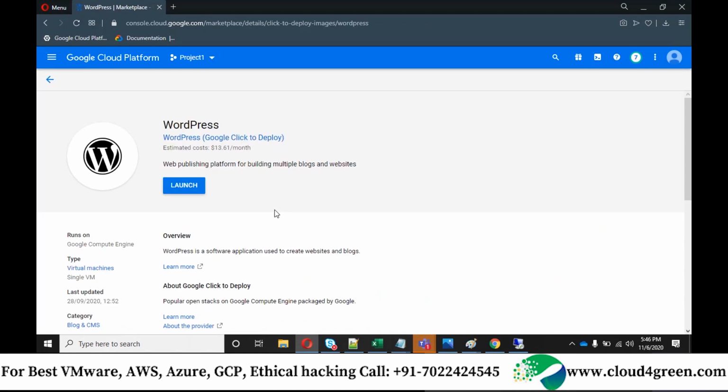I'll show you now and then you can do it, and it will show you Google click to deploy. This will be charged about $14 per month, where a single machine would be deployed, and within that a website will also be hosted. Do you remember just now we deployed one website, correct? That we have deployed. Do you agree with me? We have built the code, correct?